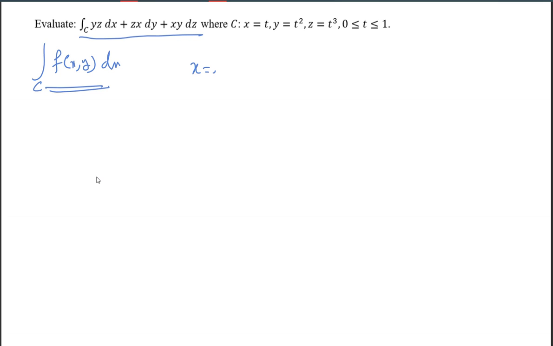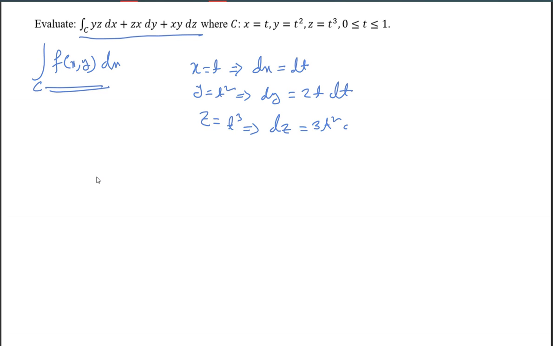As x is equal to t, you can find from here dx is equal to dt. Then similarly y is equal to t square, so that implies dy is equal to 2t dt. Then z is equal to t cube, that implies dz is equal to 3t square dt. So we have dx, dy, dz, and x, y, z. All these values we can have. So we can write the integration as,